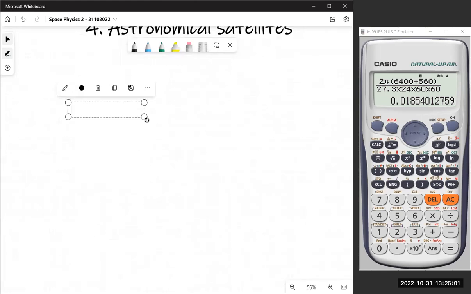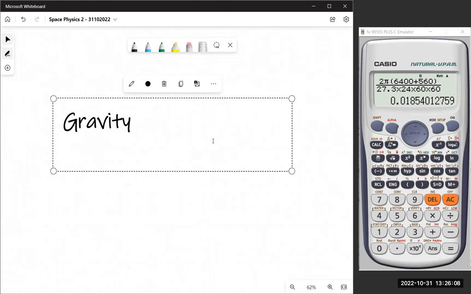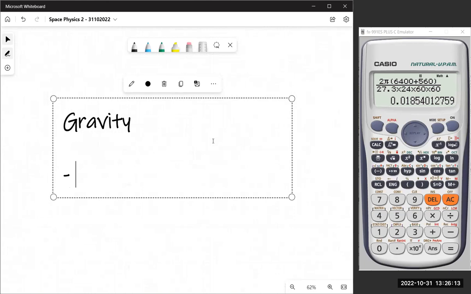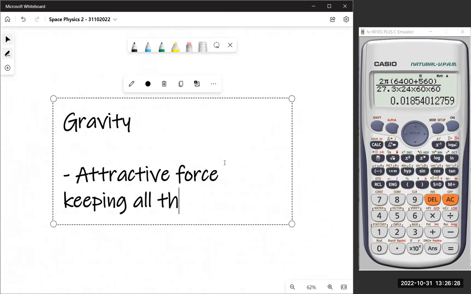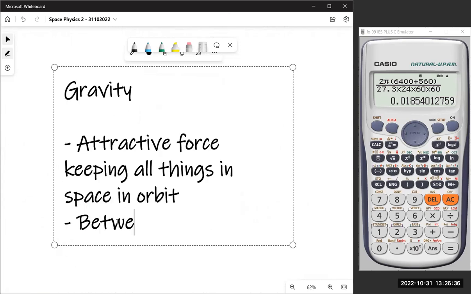Last thing, which is gravity. Write this and we're done. Basically, what we need to see is gravity is an attractive force keeping all things in space in orbit, between all masses,